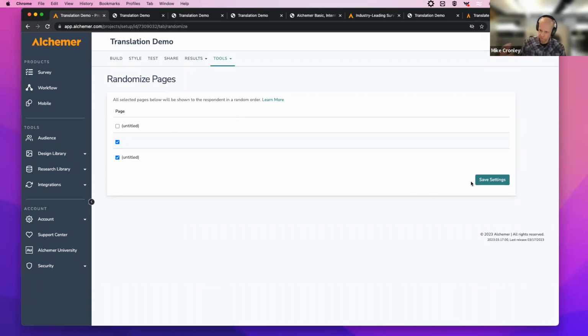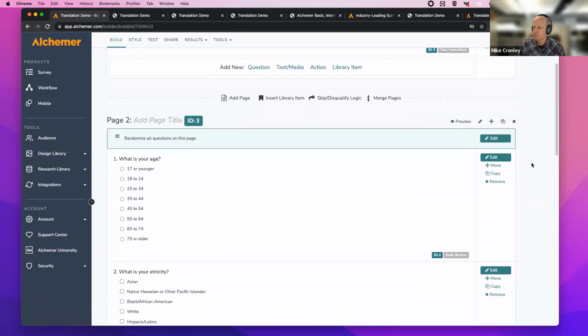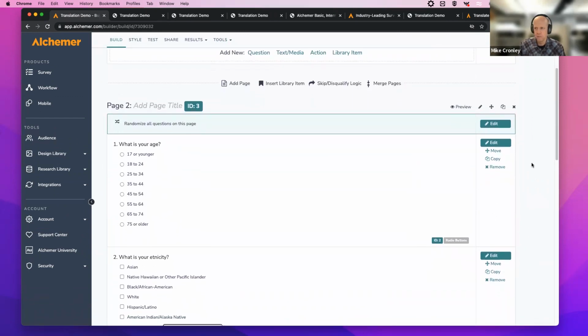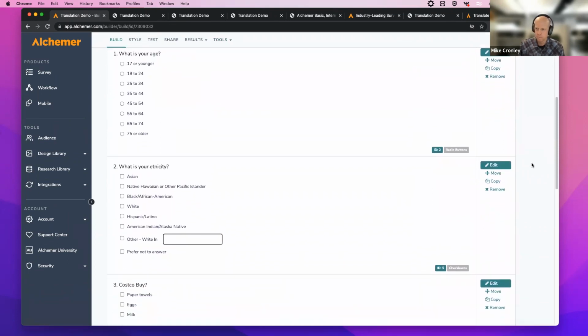And as someone goes through the survey, the pages will flip-flop. It doesn't really matter what order they appear, but I just want it to be random. And the whole purpose of randomization is just to minimize bias, to get better data that's clean over a bigger number of respondents. So, okay. Any questions on randomization and the options to set or to take away?